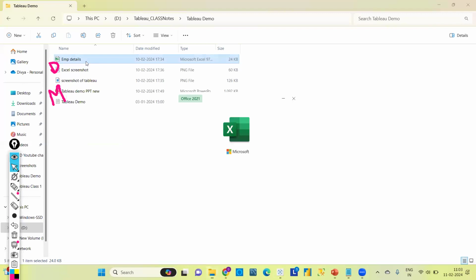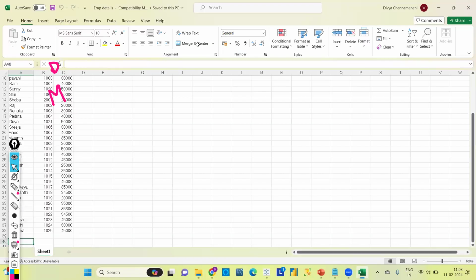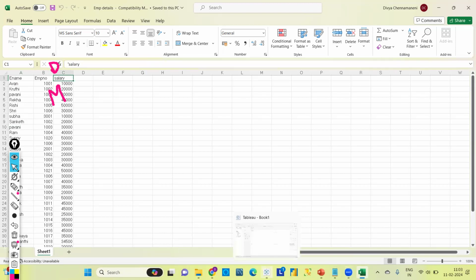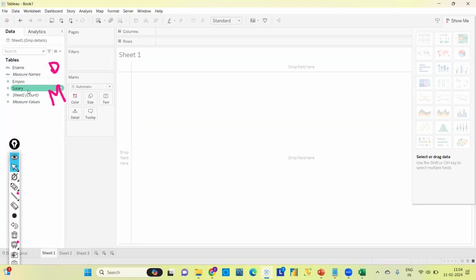This is the Excel file which we connected to Tableau. There are 3 columns: employee name, employee number, and salary, and we have 32 rows, I guess. By default, Tableau divides the columns into 2 sections: dimension and measure. Simply, all the numerical columns come under measure.